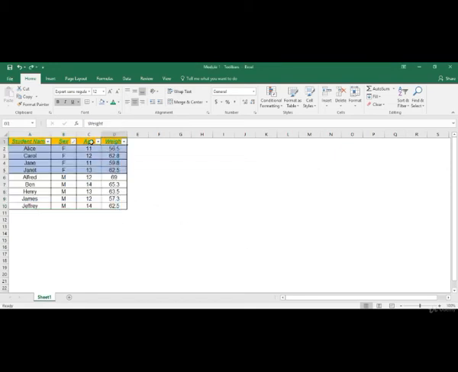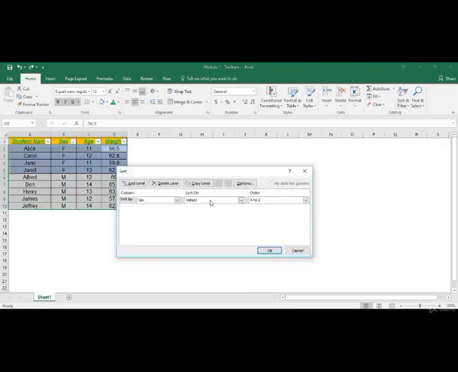Now let's say I want to add another dimension to it. So I go to sort and filter, I click on custom sort. The data is already being sorted by the sex. Let's click on add level. Now let's sort them on the basis of their age as well. So within males or within females right now you can see in the female group got 11, 12, 11, 13. By adding a new level of age, it will sort the female group as well with respect to their age. So we'll have 11, 11, 12 and 13. Similarly for the male ones, we'll have all the ones which have 12 first, 13 and then 14.